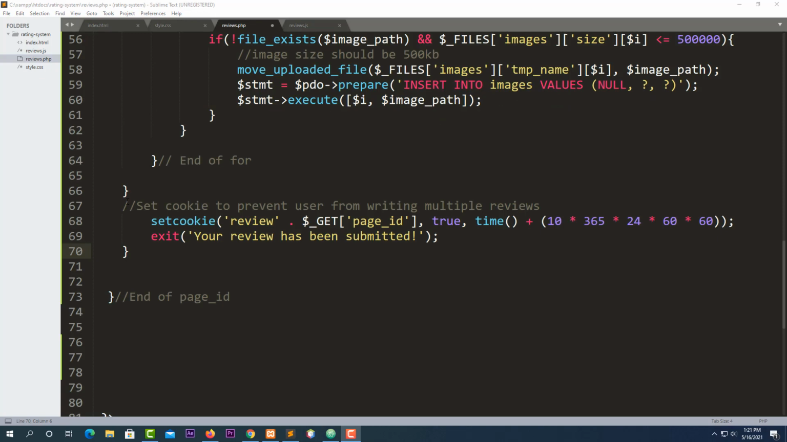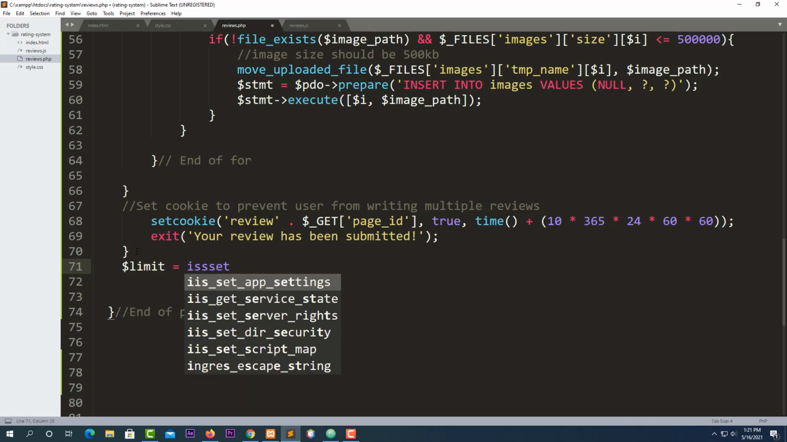Okay, next line of code I'm going to add is if the limit variables exist. Now you can add the limit clause to the SQL statement. Okay, let me go after that. I'm going to say a limit. I'm going to say limit equal is set, okay,